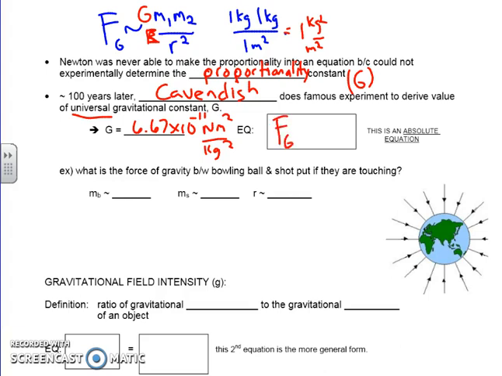So now we can make an actual equation. It says the force of gravity between any two objects in the universe is equal to big G times the product of the masses divided by the square of their distance. And this is an absolute equation. If I ask you to find the force of gravity